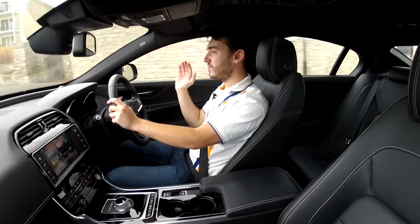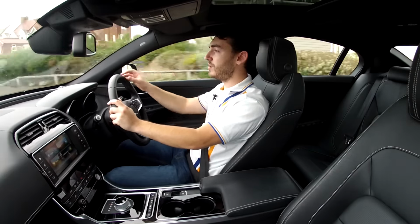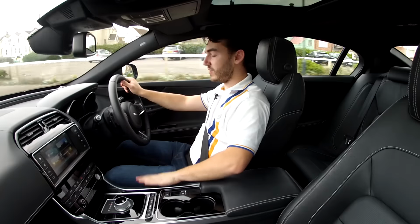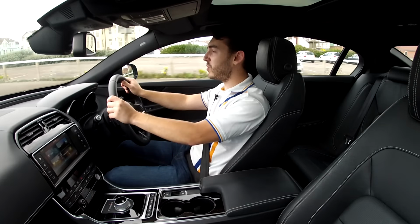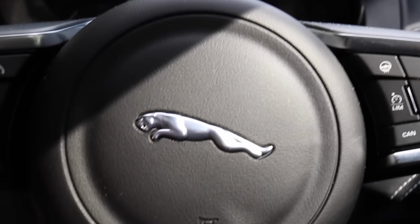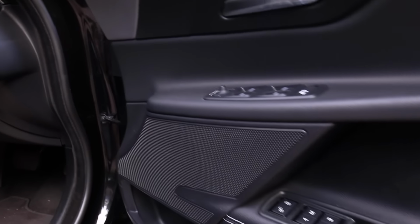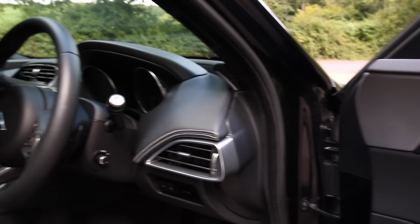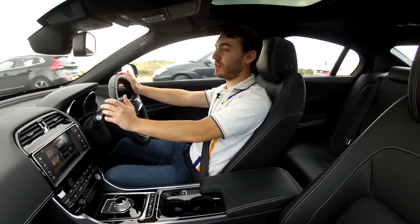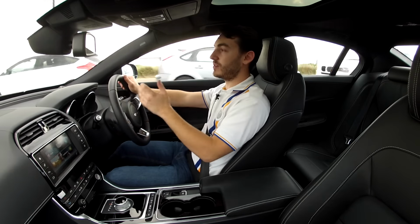The whole sort of sill around here arcs around you. You feel encompassed. You actually sit quite low down in this car in comparison to competitors. And with this high console, it also gives it a sporting sort of stature within the cockpit. A beautiful three-pronged steering wheel also aids with how sporty the interior feels. These seats are also very well bolstered, very supportive. They strike a good balance between holding you firmly in place and allowing you to be comfortable on